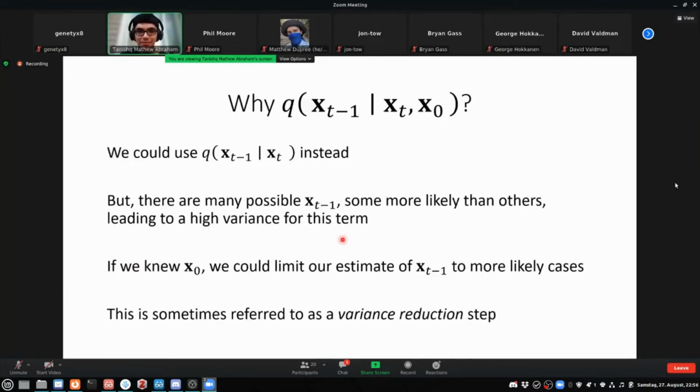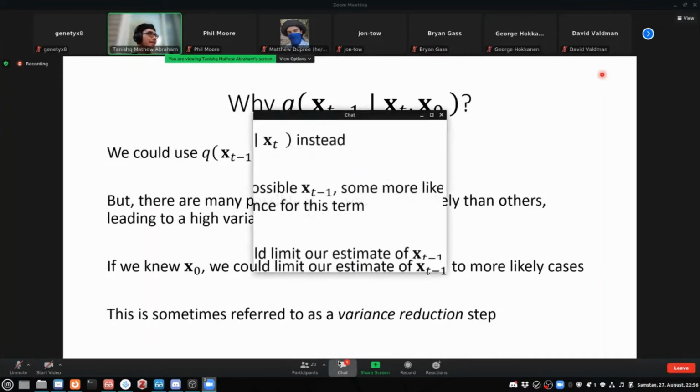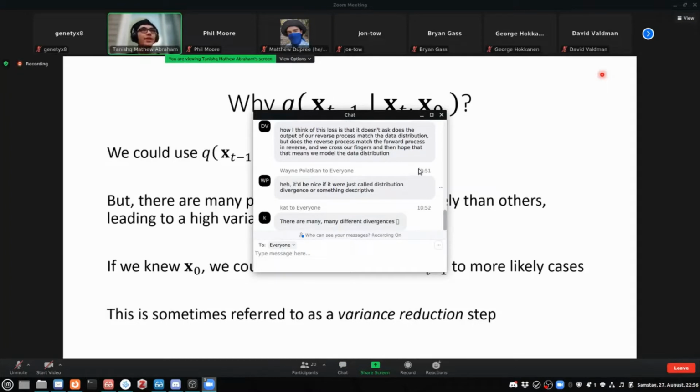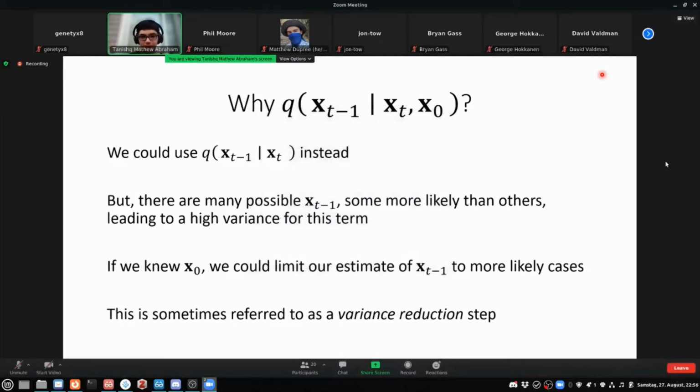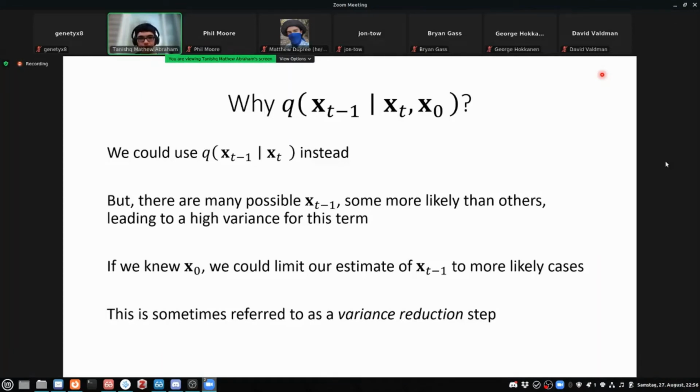I just asked Catherine if I'm on the right track with all these explanations or if I'm completely off. That's one of the parts of the paper that I never understood, actually. Oh, okay. This is my understanding, I don't know how accurate it is. It's kind of just estimating in between so that we have a more accurate estimate. If you're doing these processes, there are many possible answers, but if we know the final value ahead of time, then we can limit it. So I think that's what's going on here.